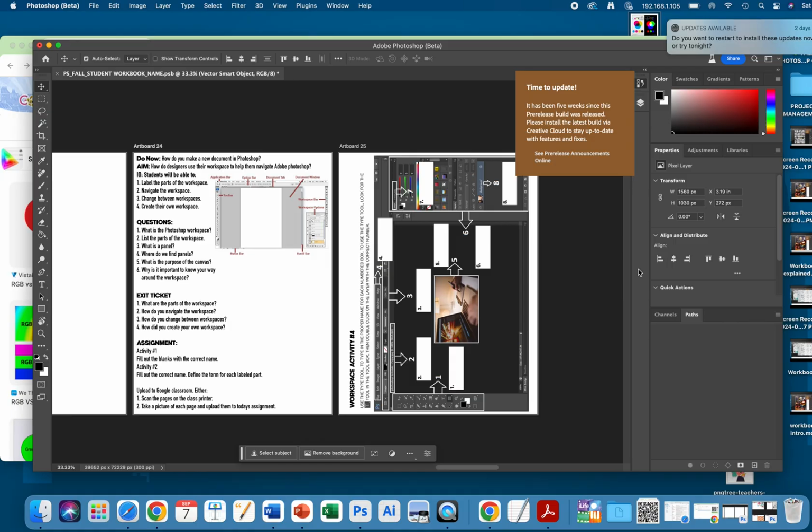just not frequently. Okay, now in my opinion, do I need panels that I don't need every day or every time I work in Photoshop? I would probably close them. I probably wouldn't keep them open, but that's an option for you when you're on your computer. Okay, you can